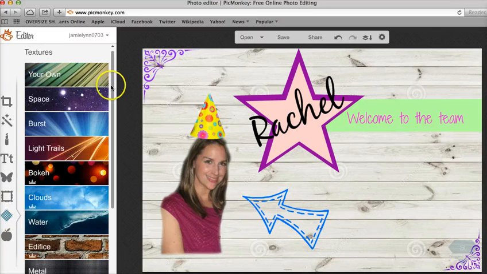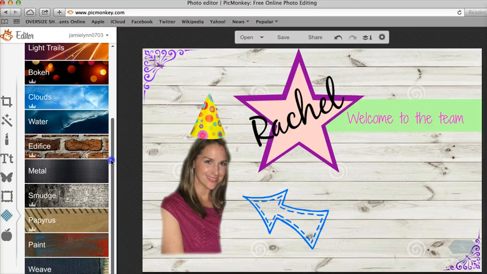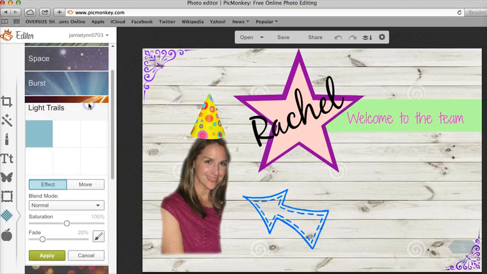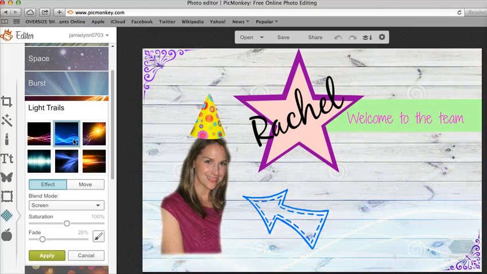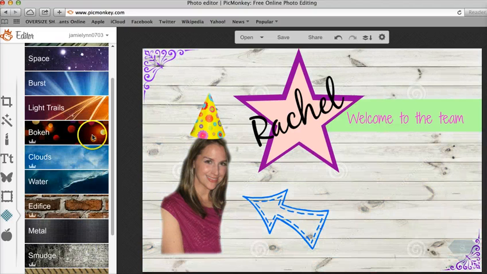Here's the different textures. Again, I rarely use this. Whoa. If I want to do light trails, you can see how they're already added in. You can click on the different light trails. You can fade them in. You can make them brighter. If I want to do